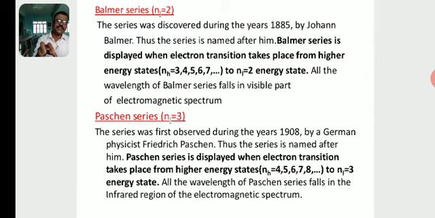When an electron transits from higher energy state to third energy state, what about the spectral lines which are obtained? They are called Paschen series. The wavelengths of the photons which are emitted during the transition of electrons from higher energy state to third energy state correspond to the infrared region of the electromagnetic spectrum, so called Paschen series.